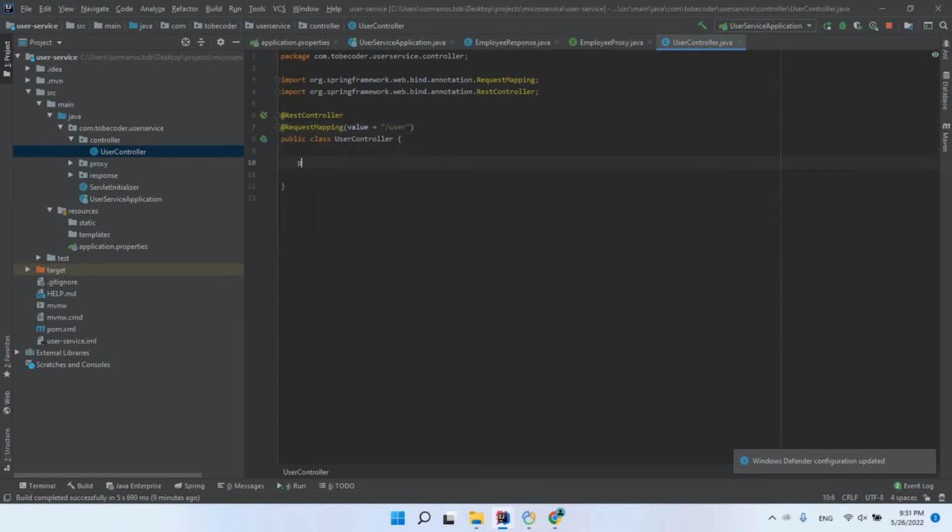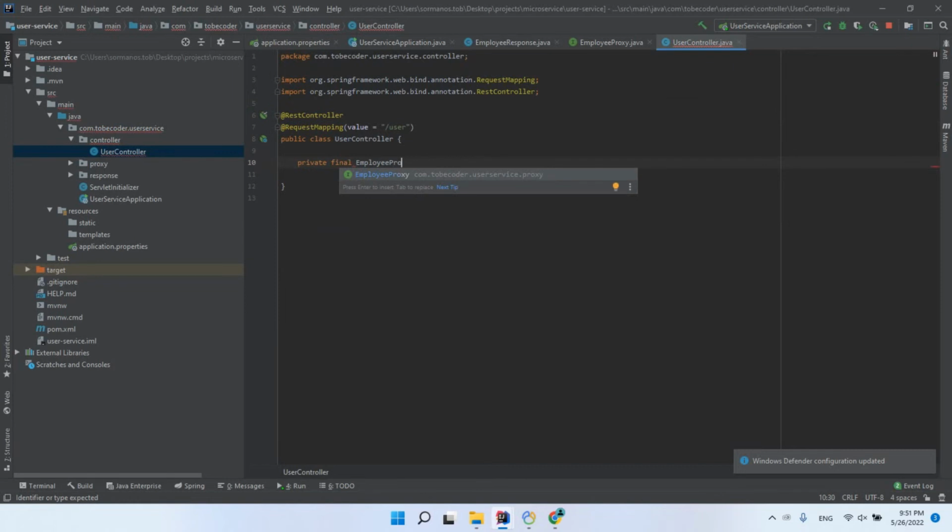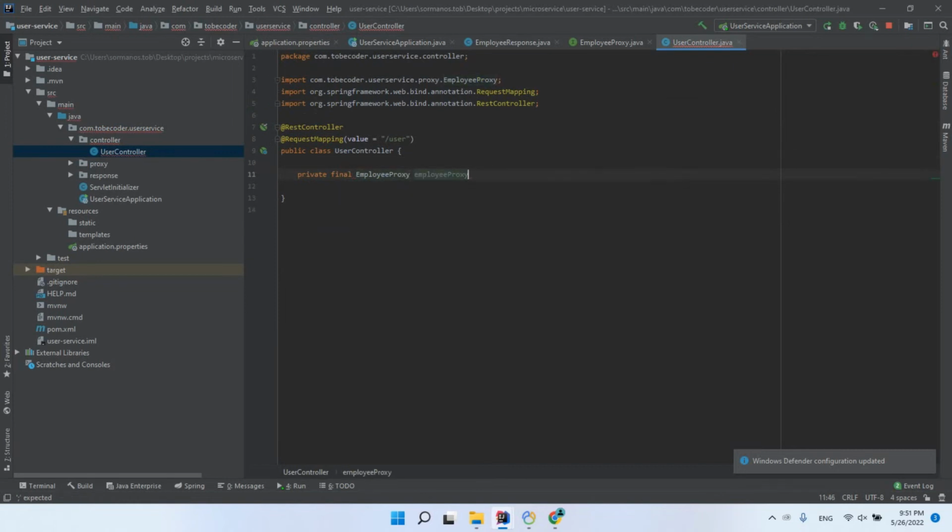And I need to inject employee proxy and create constructor parameter